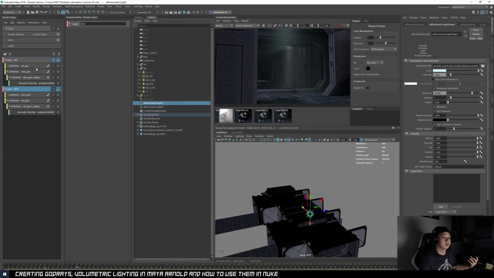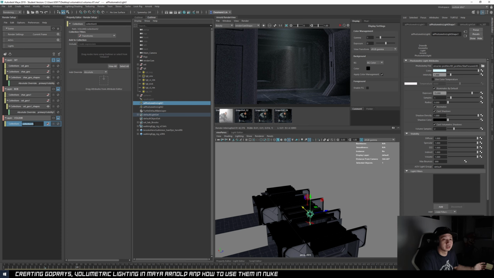So what is a good practice is we always render the volume as a separate render pass. So I'll create a separate render pass and name this the volume. Then in this volume, we will have the collection of all the geometry, so all geo, because we need them there to be holding out the volumes, right?